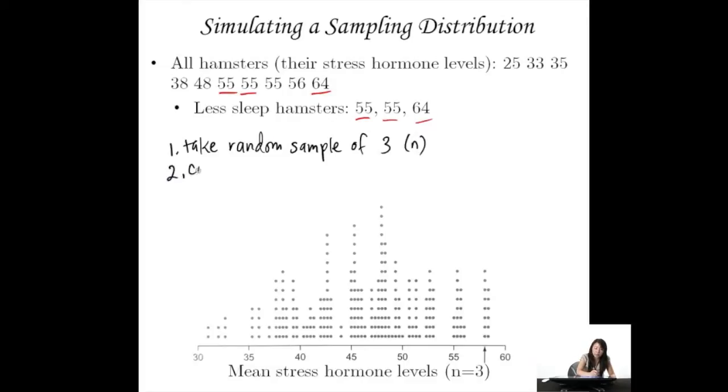Then what we did was we computed a summary statistic. We computed the mean, right? But we could have computed standard deviation. We could have computed median, right? So some summary statistic,